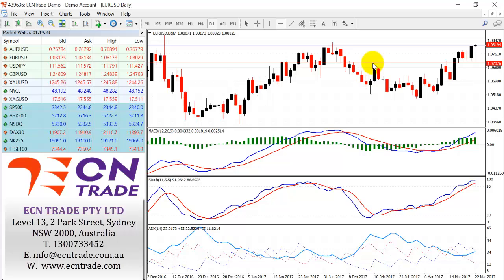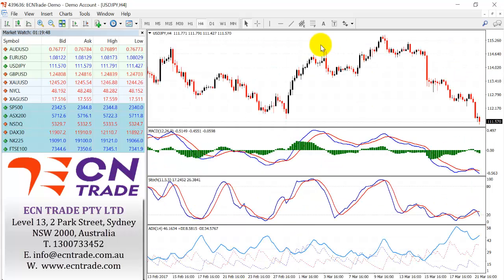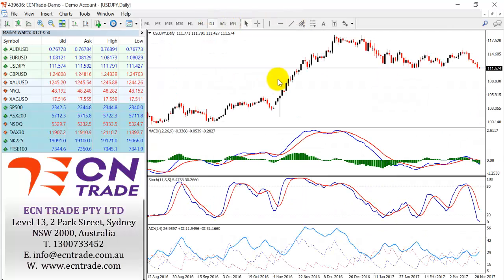Let me just put that in for you. Further potential to the downside and bring in a target around that 105 area. If we do see a break towards the top side of 108.50, this would see a short squeeze up towards 109.15 to 20 and reassess from there. But if we look at the daily on dollar yen, as you can see here,